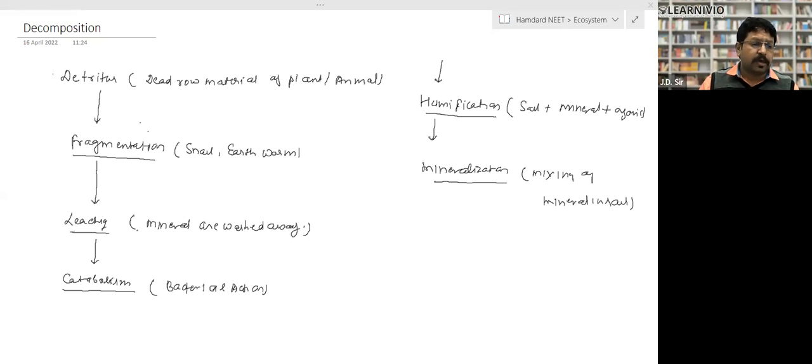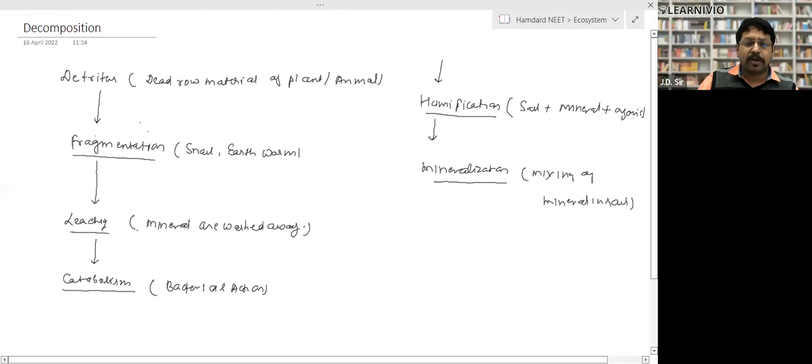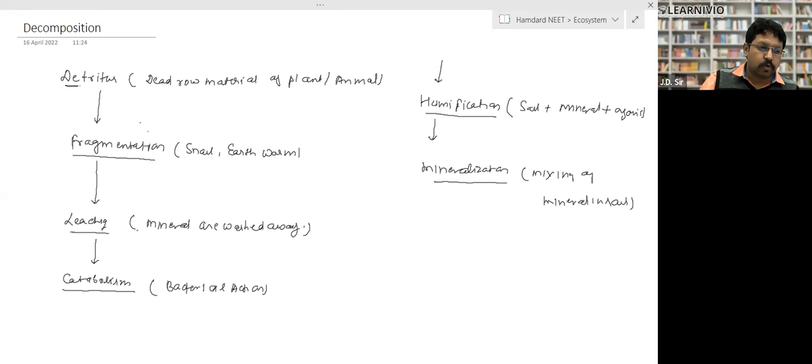Now, decomposition is not the first step, it is the final step. Basically, detritus first undergoes fragmentation. In the process of fragmentation, certain small animals like snail and earthworm, as you have already told me, start breaking it down into small fragments. So that process is called fragmentation, and it is done by worms like snail, earthworm, and so on. After fragmentation, meaning it has been broken down into small pieces,